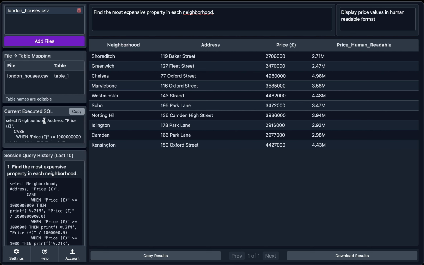Okay, now let me tell you about 3 other panels that you see on the left side. They are mostly informative. The first one is titled Current Executed SQL. This shows latest SQL that ZenQuery ran against your files to answer your questions. You can use this to review the output. If you are a data analyst, you can also use this to rapidly generate needed SQL queries instead of writing